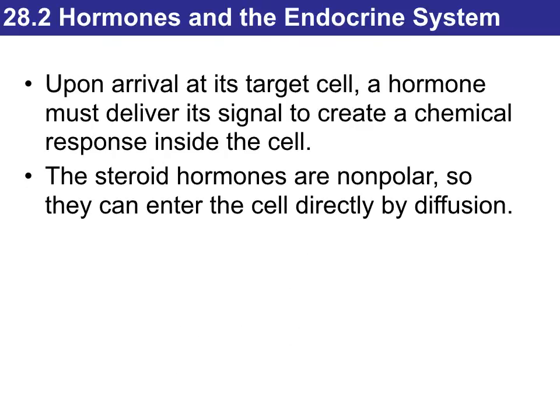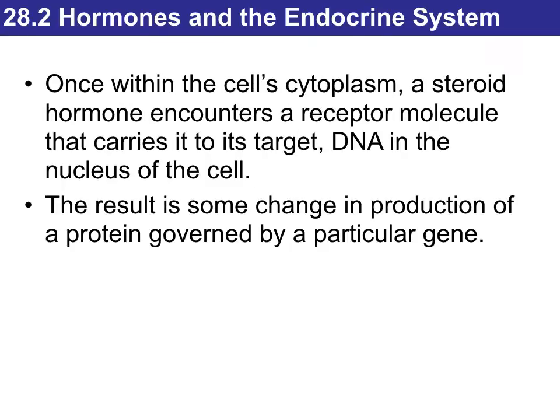Now, how do they work? Well, when a hormone arrives at its target cell, it has to deliver its signal to create a chemical response inside the cell. Now we're going to look at the different ways. There are actually two big different ways. Steroid hormones are non-polar. Non-polar means that they can enter the cell directly by diffusion, and then they are going to find a receptor molecule in the cytoplasm, and they are going to enter the nucleus of the cell, and they can alter the DNA